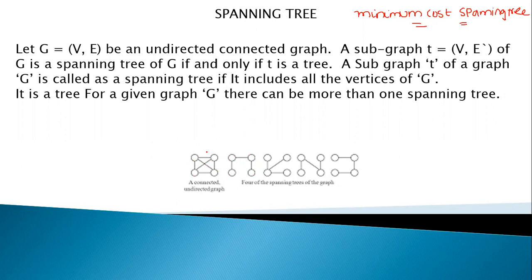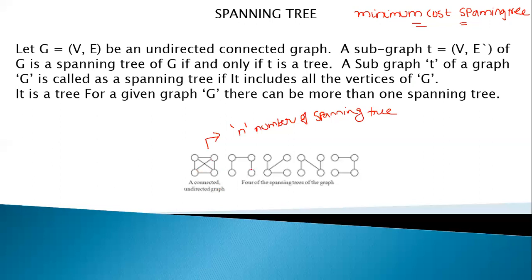If we are taking a weighted graph, the construction of the spanning tree is also the same. One graph may contain n number of spanning trees. Each and every spanning tree will have a corresponding weight. Among all those spanning trees, the tree with the least weight will be taken as the minimum cost spanning tree.